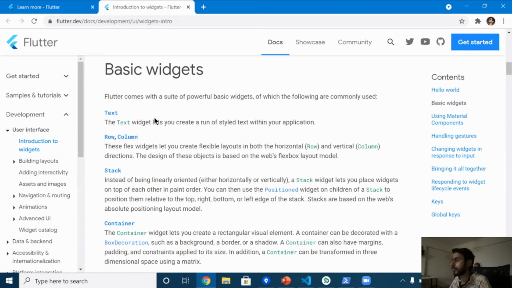So today we are going to learn text widget, row and column widgets, stack widget, and the container widget. All right, so let me start my presentation.